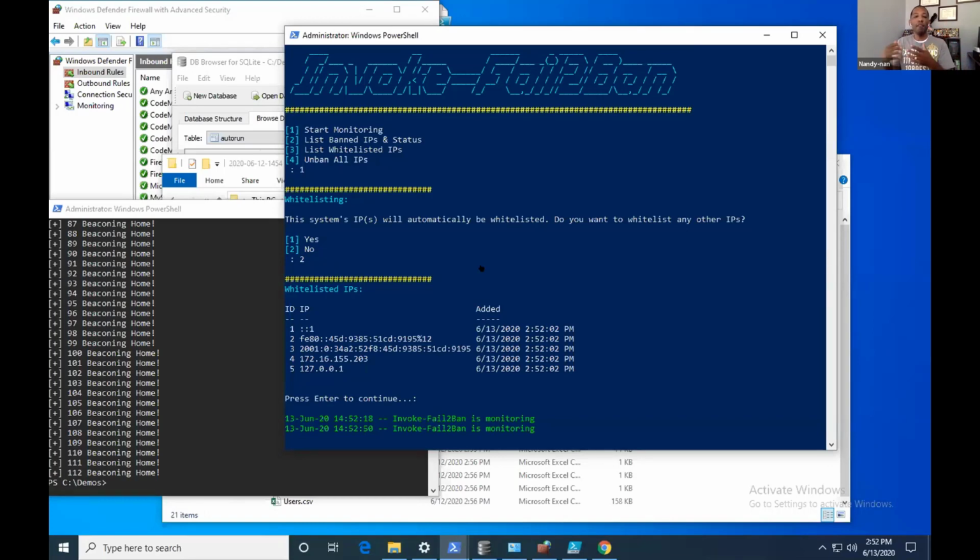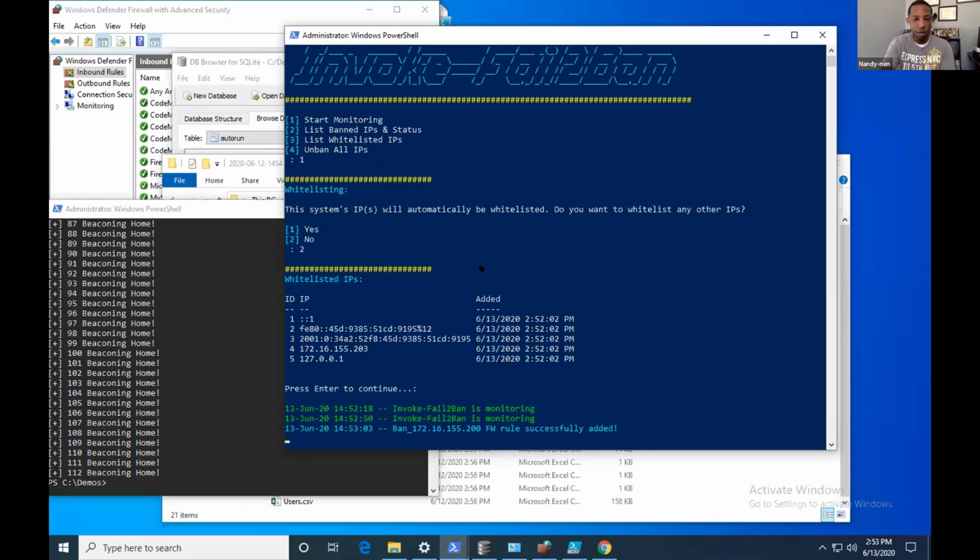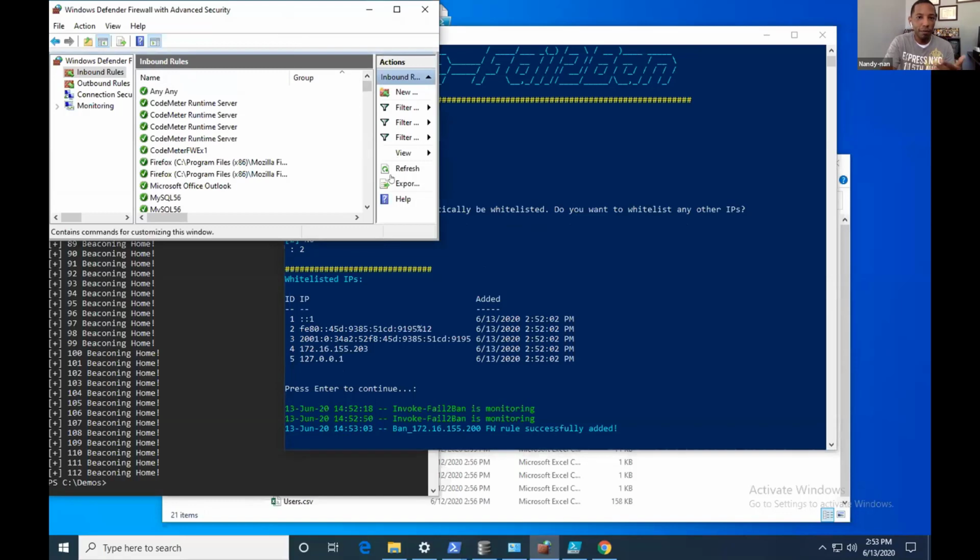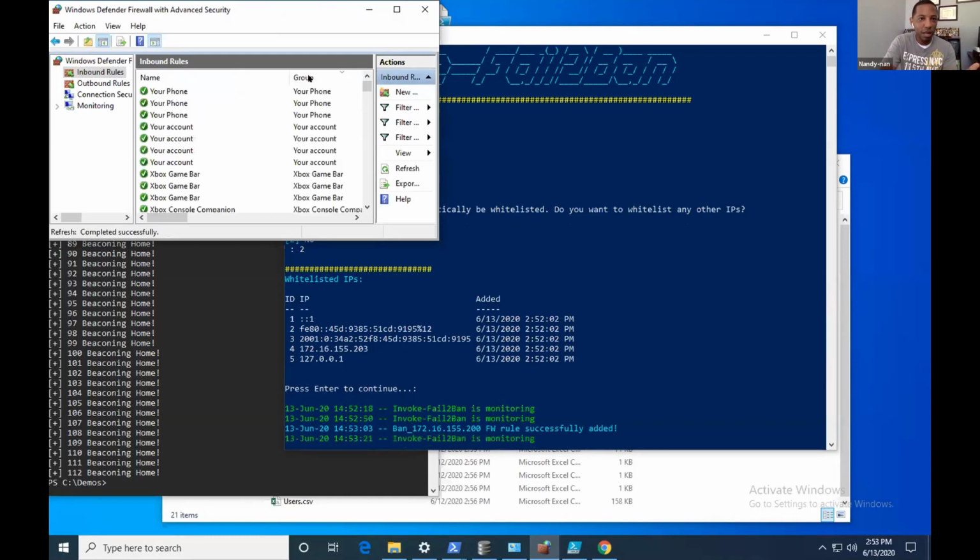And if I have caught it within the specific time frame, it will go ahead and block or invoke that ban on that system, which we see it has. It is banning 155.200. I can come in here to my firewall, and when I refresh, in a second I should be able to see it.